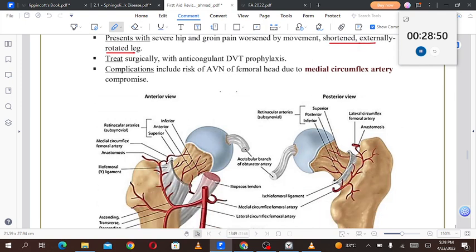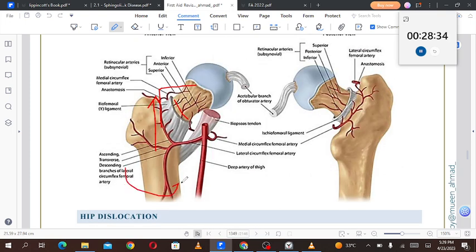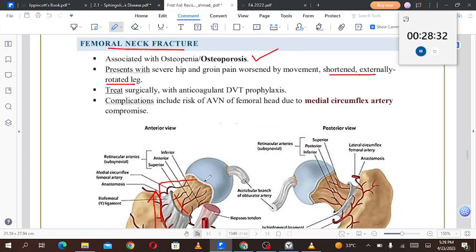Suppose there is a fracture over here. So whenever there is a fracture, this leg will move upwards, right? So when this leg moves upward, the angle becomes more perpendicular because of the fracture, maybe over here. So that fracture will cause shortening of the leg. On top of that, there will be external rotation like this. The external rotation and shortening is associated with femoral neck fractures. Treat surgically with anticoagulant DVT prophylaxis. So whenever we are going to do the surgery for this femoral neck fracture, we have to give the DVT prophylaxis, that is